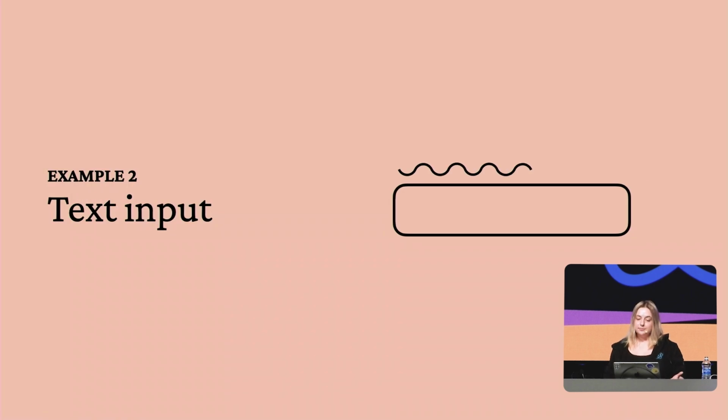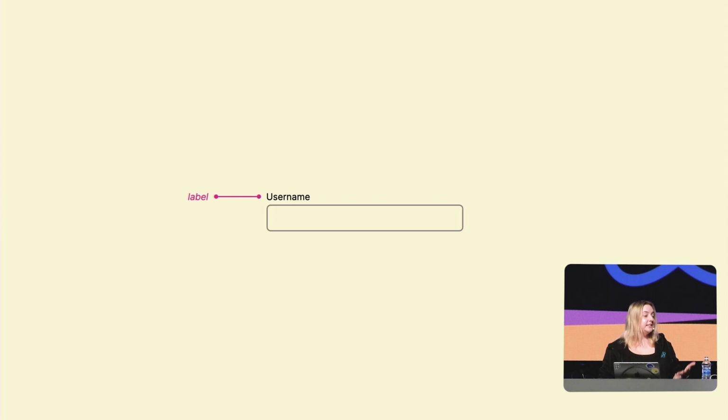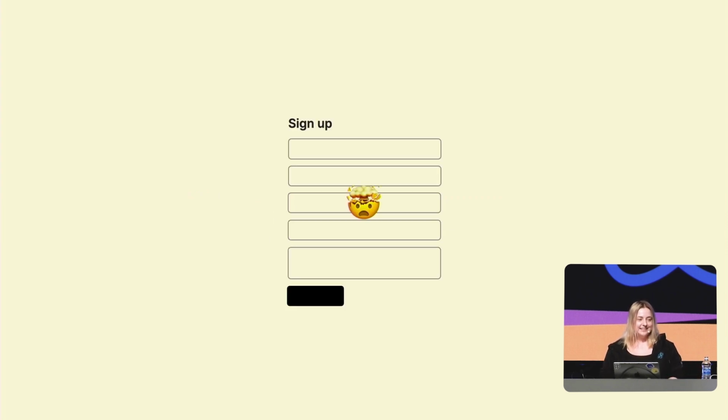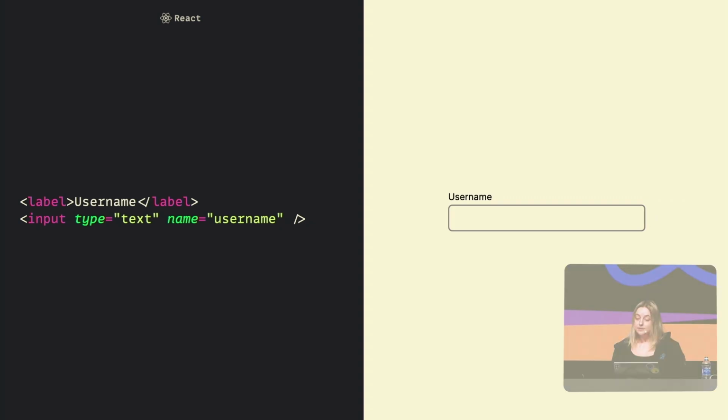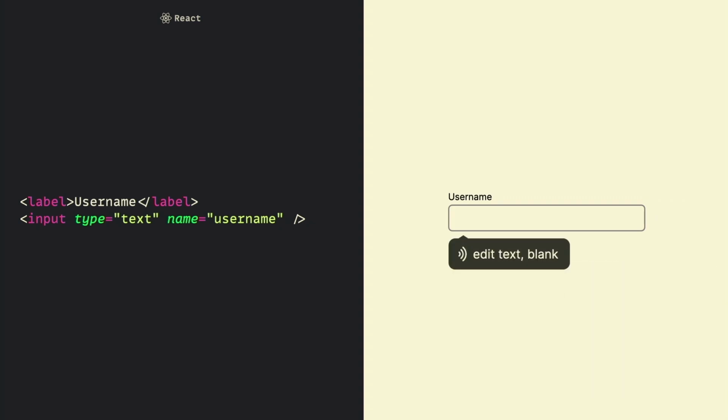Now, in our next example, let's talk about accessible text inputs. Input needs labels, because imagine filling a form like this. It seems confusing, right? Unfortunately, this is the experience for a lot of people using assistive technology today. So it's important to implement inputs accessibly. There is the HTML label element that we can use, and when positioned near the input, it will already visually convey the information. But if we listen to the screen reader, edit text, blank. You can see that it doesn't pick it up.